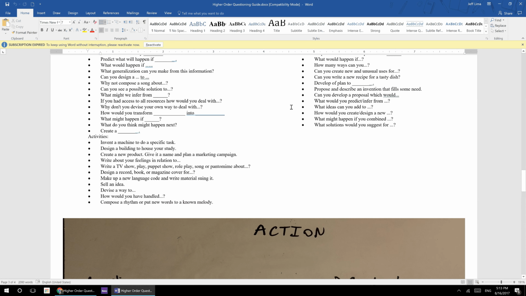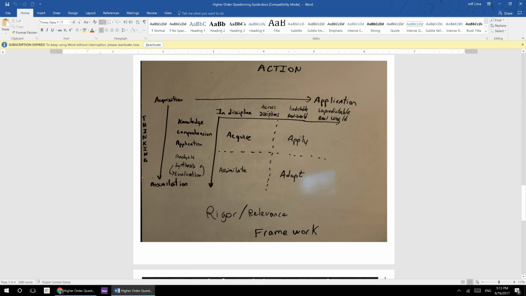which brings us to our next topic, this idea of the Rigor Reference Framework. The Rigor Reference Framework is this idea that in one axis you have the thinking axis, which is what we've just been describing throughout this video. And that goes from the acquisition of knowledge at the earlier knowledge and comprehension levels that I described, all the way to the assimilation of knowledge when you're doing synthesis and evaluation, and you're actually using the knowledge at a deeper level.